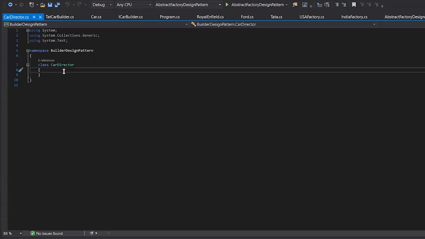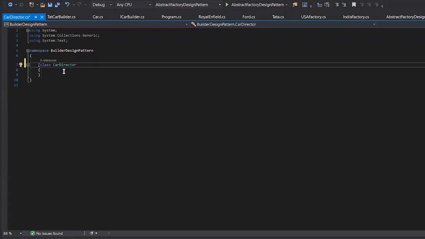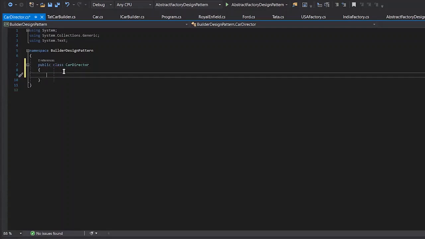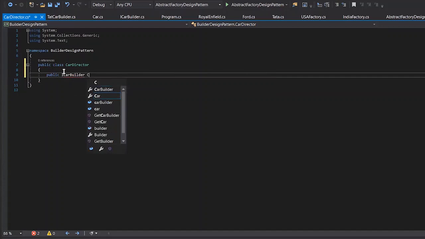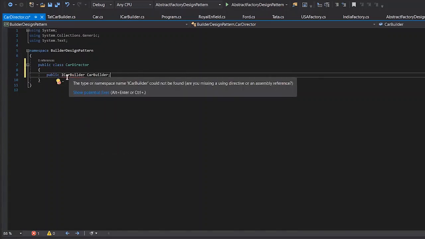So let's add each of these steps. So one would be public ICarBuilder instance. We are having a car builder instance here.